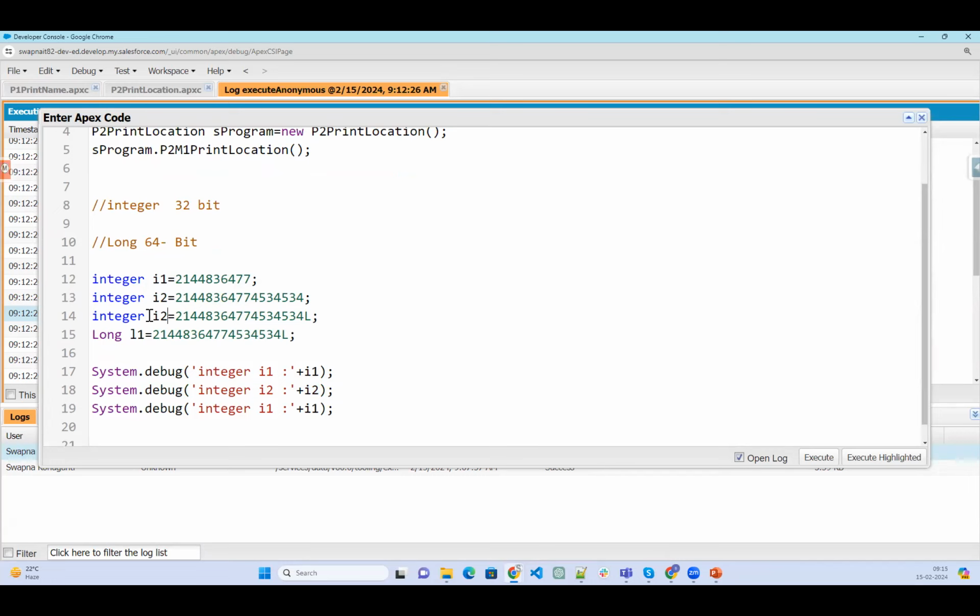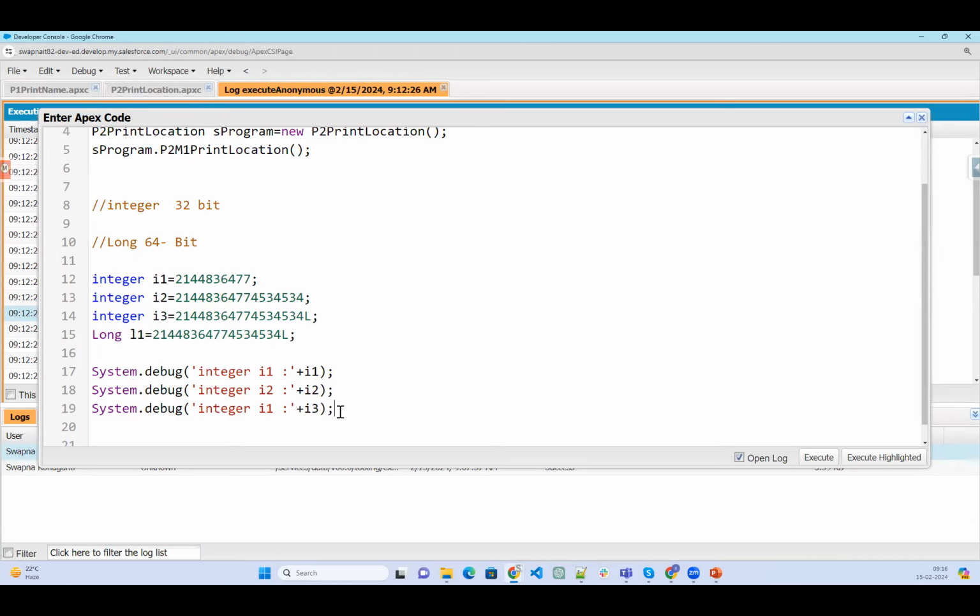Now if I execute these 4 lines, 12 to 15, I'll get an error. What is the error? Duplicate variable, because I have integer I2 and again integer I2, which should be I3.